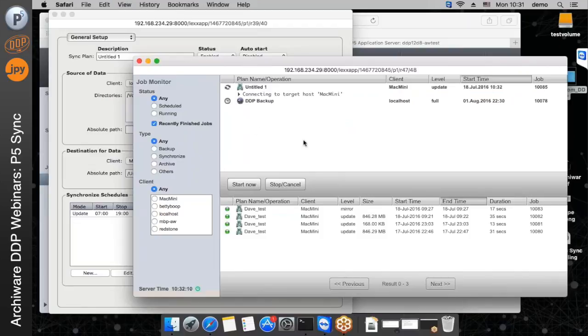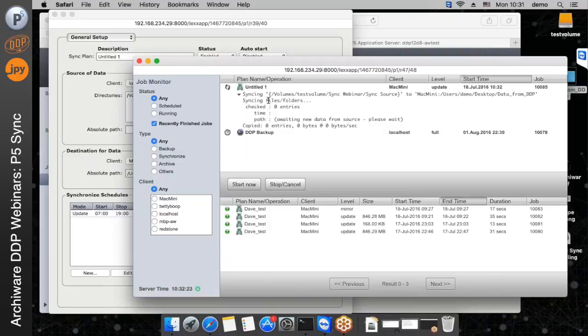And then the job will run in the job monitor. And if you've got this interface open, then you can monitor the job. You can see what it's doing. It's looking for changes and working out what it needs to copy across. Then there'll be some stats about the file it's copying and how fast it's going. So this is just going to be limited by the speed of your Ethernet and the devices that you've got the sync running between. So you can see at the moment it's copying this MP4 file,